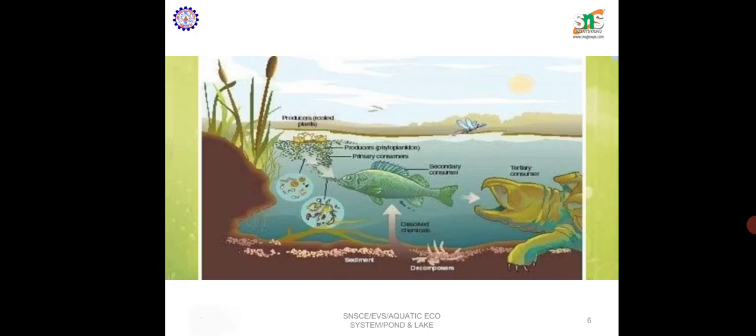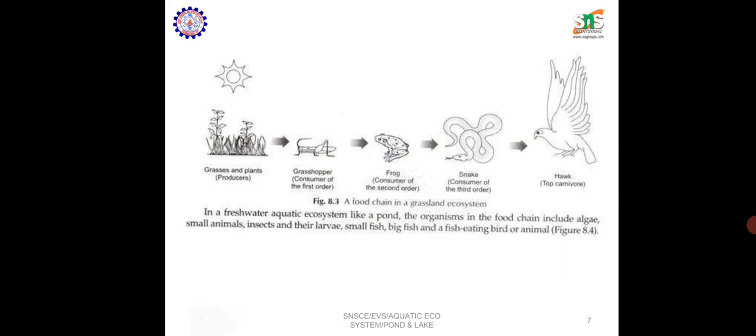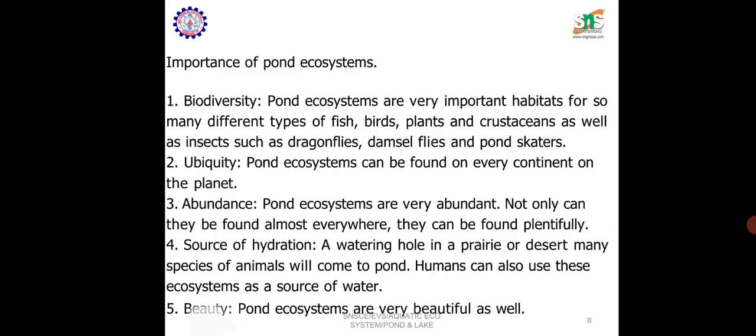So this is the pictorial representation of the living beings in a pond. And this is also the food chain. This is for a grassland ecosystem and the freshwater aquatic ecosystem also. So, the importance of the pond